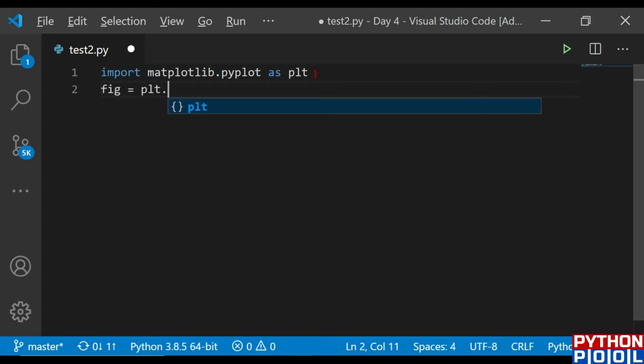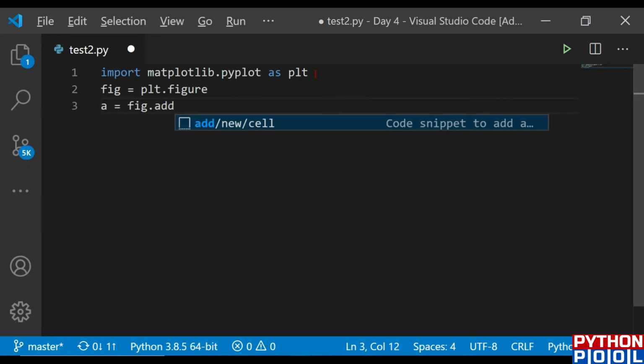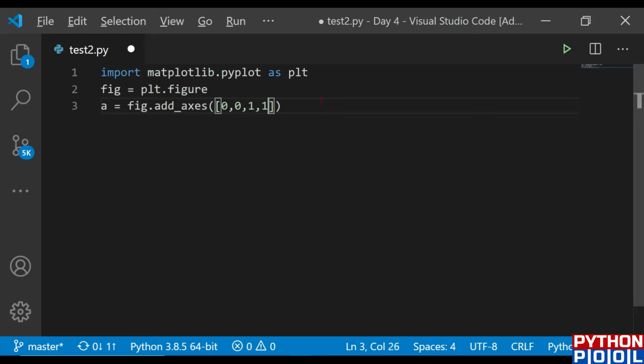So plt.figure, and after calling this figure function, I'm going to define the axis. So fig.add_axis, and just give the required parameters, that is 0, 0 and 1, 1. I've given the required parameters.